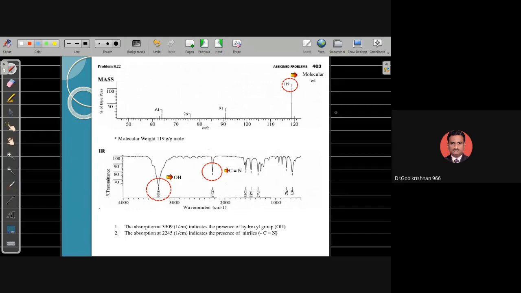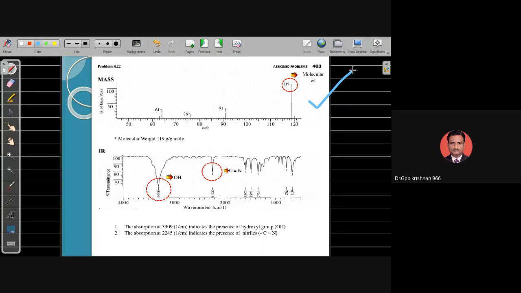the first picture, the first spectrum, that is the mass spectroscopy. We did not study the mass spectroscopy so far. Next we are going to study it after completing the NMR. I will teach you the mass spectroscopy. The main objective of a mass spectroscopy is to identify its molecular weight, one thing. And apart from this, if there is any